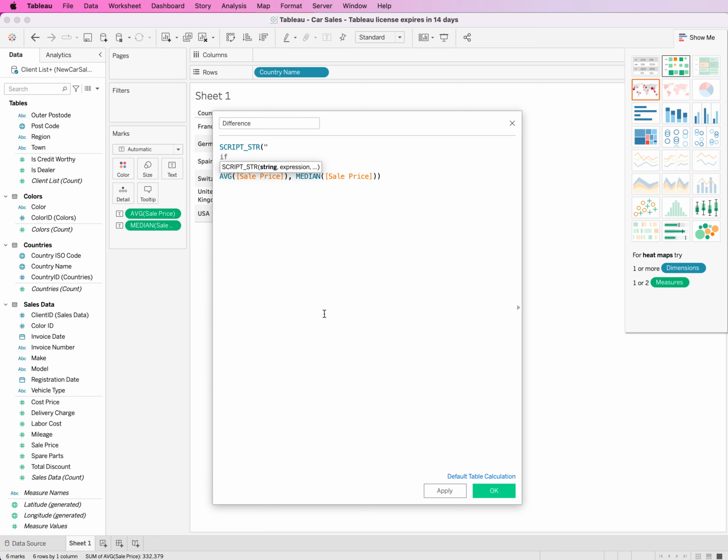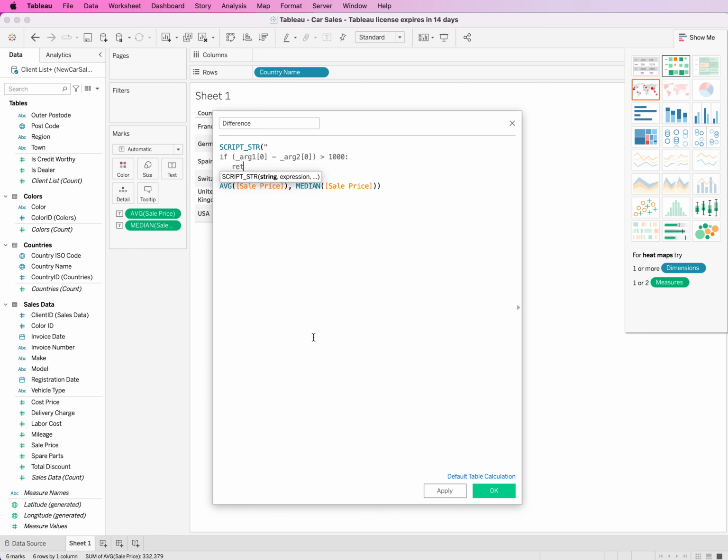If, and now we look at underscore arg1 0, the first one in that average sales price list that gets passed into Python, then we're going to subtract the first one of the median sales price, and we're going to say if that is larger than 1,000,